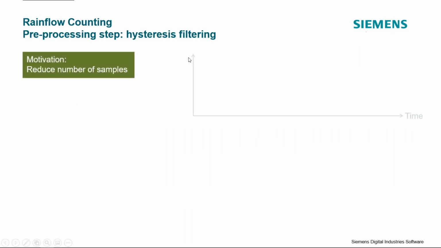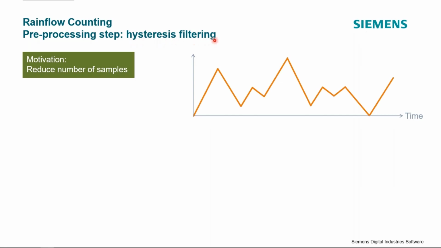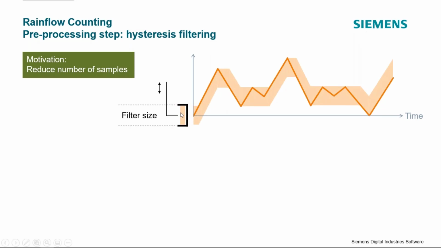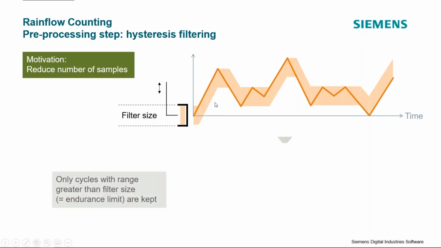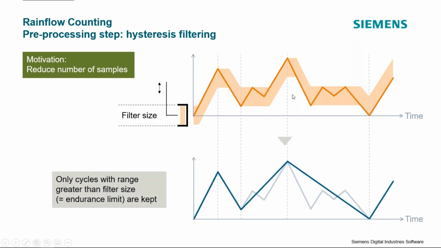So the first step in a rain flow counting method is to filter the data using a hysteresis filter. We designate a filter size, and then what we do essentially is say, anything that is below this filter size, remove from my time signal, because I know that any stress, strain, or load cycles below this filter size will not cause any damage in my part. So I sweep my filter across my time series here, and you can see that there are certain reversals here, like this one right here that I'll highlight, that get filtered out by my hysteresis filter.